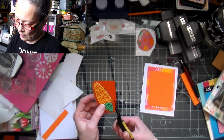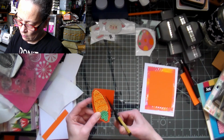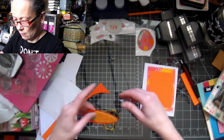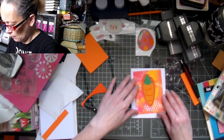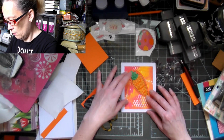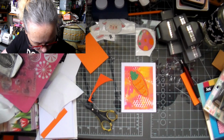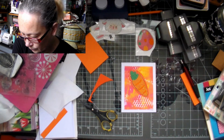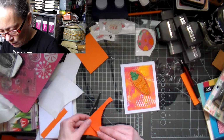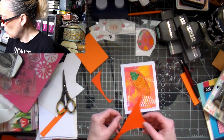And this way I don't cover my entire background, which is better, I feel. And I think I'm going to put it crooked. And then I could, for that one, is that the same orange? It's very close. So maybe